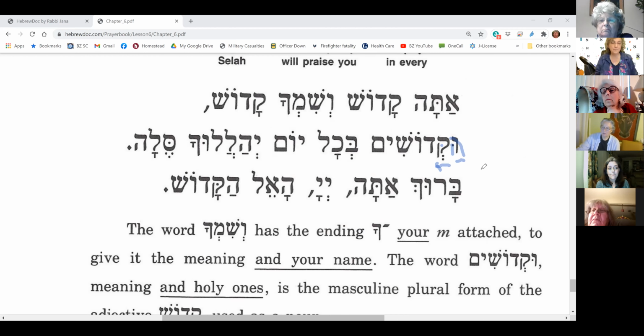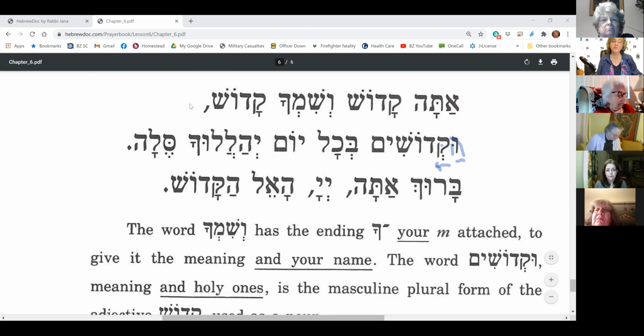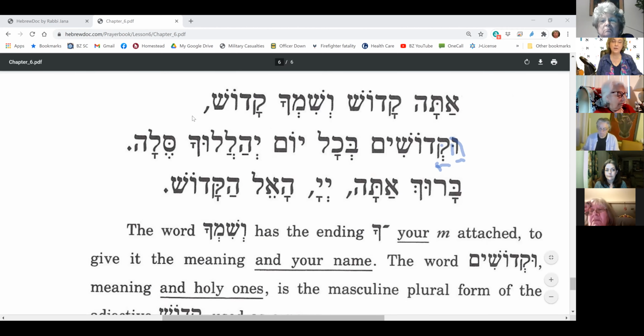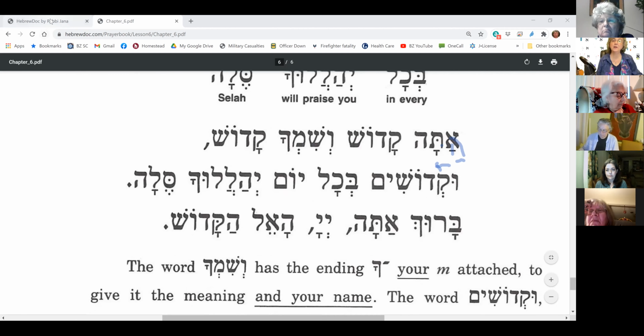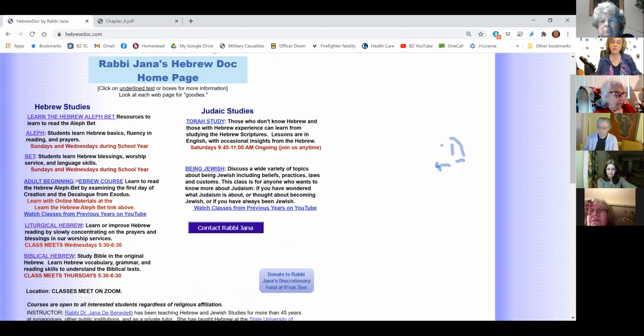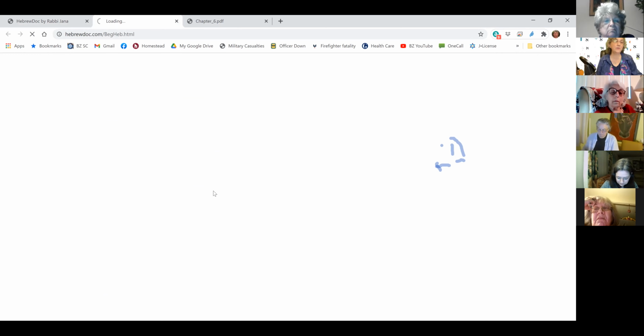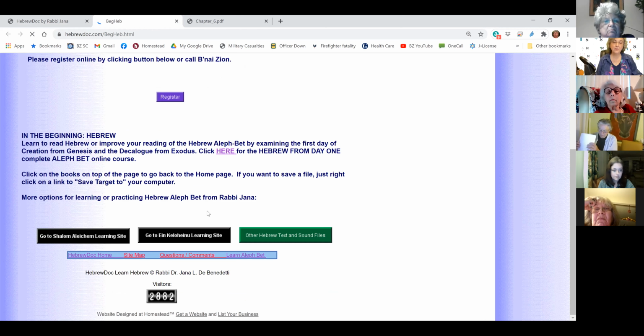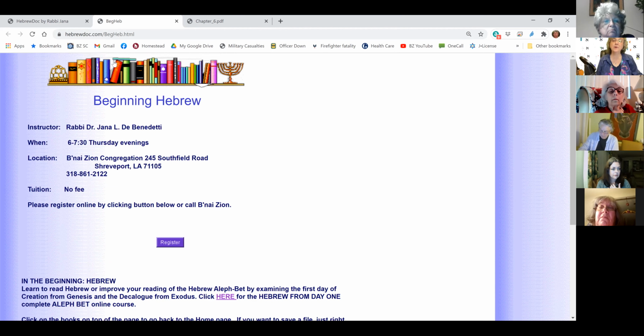The word is kedoshim. Do you mind reviewing real fast or writing it down, which vowels are long and which are short? Absolutely. And I'll tell you what, let me see if we can find the sheet about that, because one of the things that I had promised Marla a long time ago that I don't think I ever did was move them over. So I think where we had that was here. If you go to the beginning Hebrew class, I may have, hold on, let's clear all of my drawings. Oh, not beginning Hebrew. That's not where I meant to be.